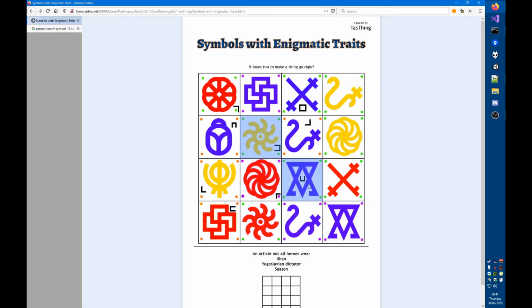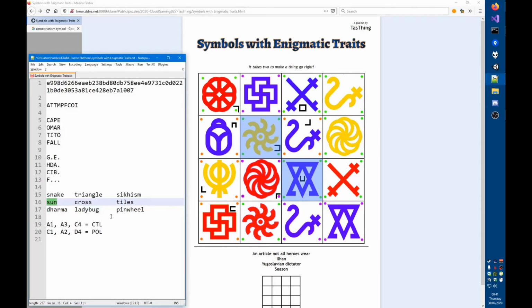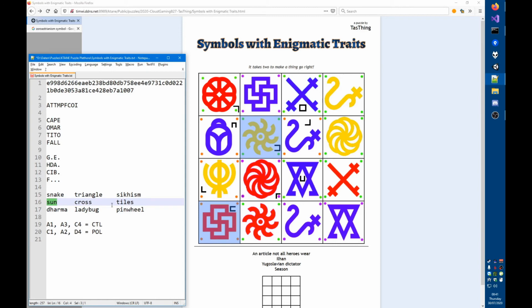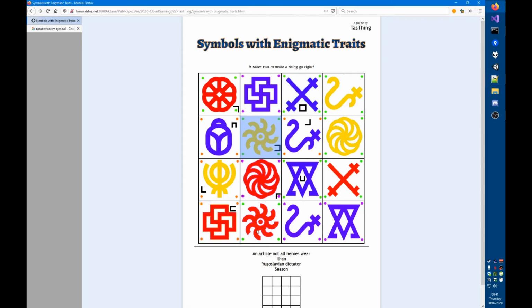Here I would need a red symbol with green dots, so let's see if that works. Sun and triangle would require pinwheel, but we don't have that down here. We do have this one, but again, the dots don't work. This one requires a blue symbol with green dots, we don't have that. Blue symbol with purple dots, we do have two of those, so let's see. Sun and tiles requires cross. Cross was this one, so no, that's not working. And obviously two suns require another sun, and these would have the wrong color, so we can move on.